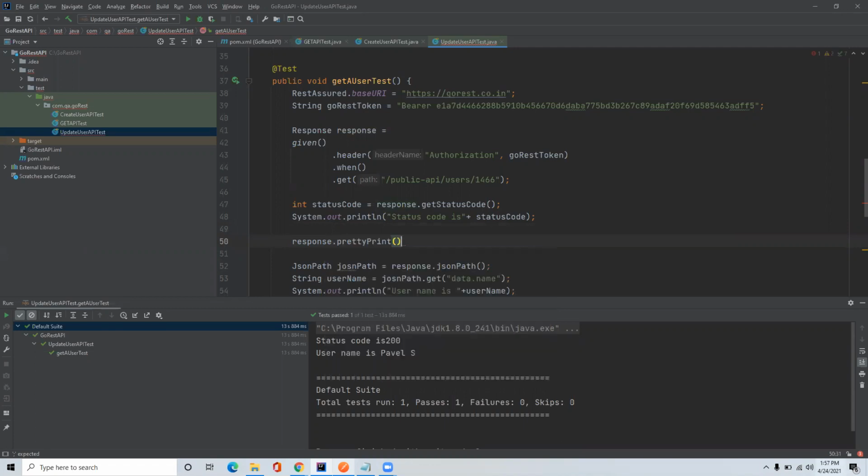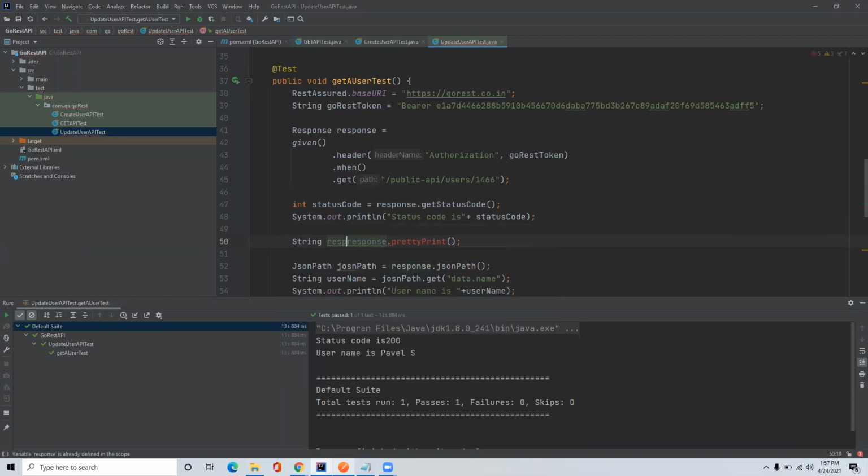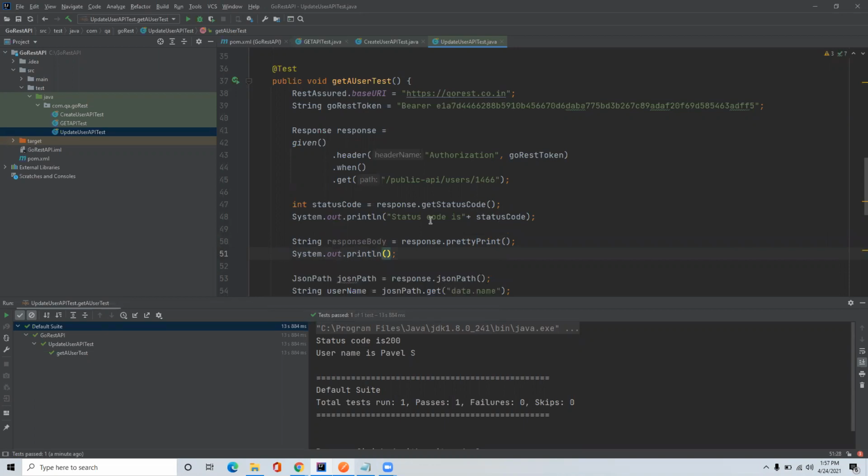Let's do that, and let's store this response into one string variable, string response body, and here it is. Let me change it. Let me print the response as well,